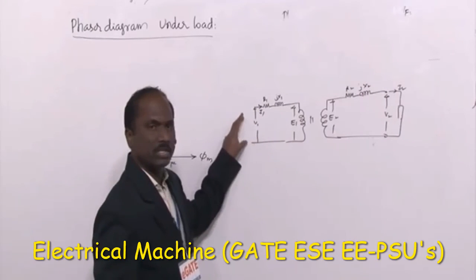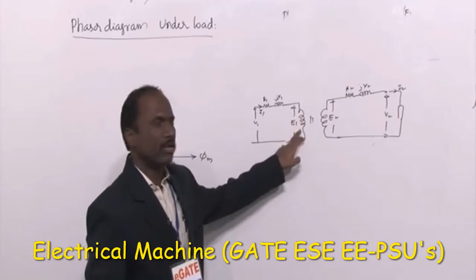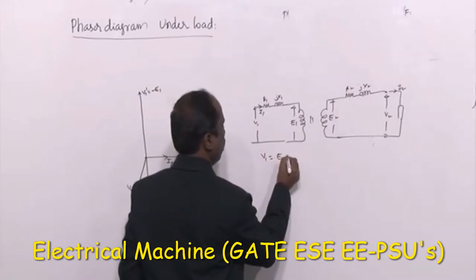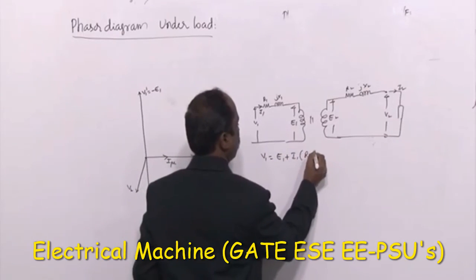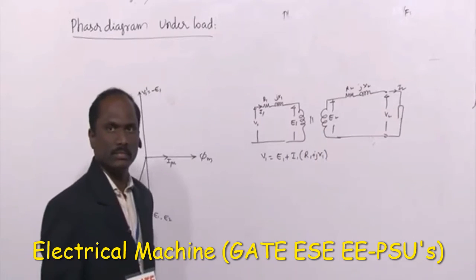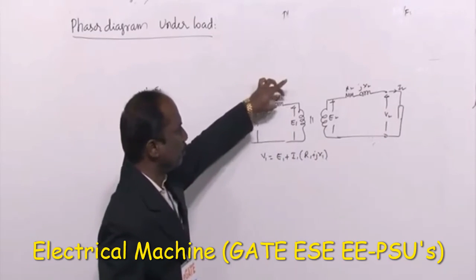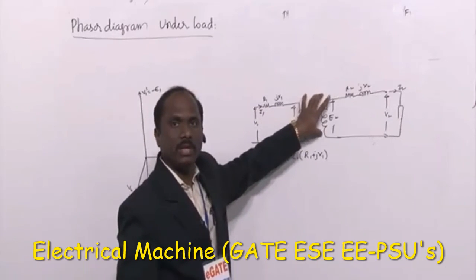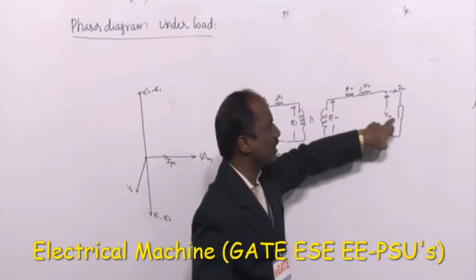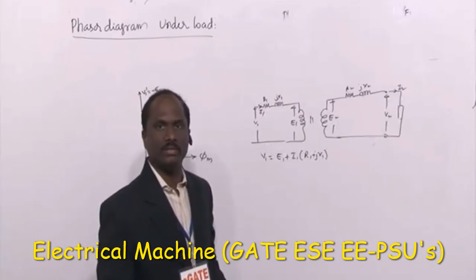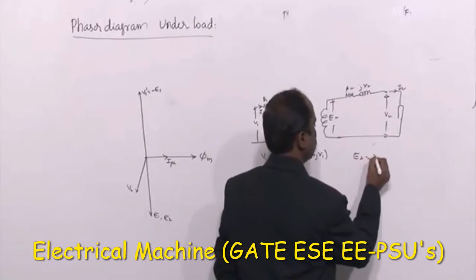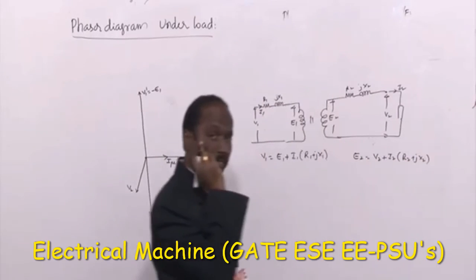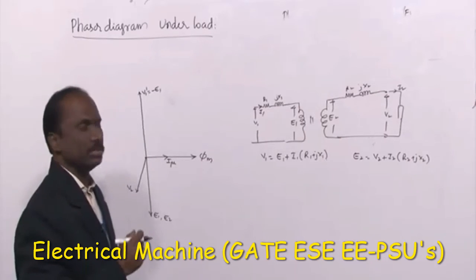So how is E1? V1 is more voltage, and here there is less induced EMF because of the losses. What is the equation here? V1 is equal to E1 plus I1 into R1 plus jX1. That is, E1 plus the drop because of this plus the drop because of this is nothing but V1. Similarly here the induced EMF is E2. Out of the induced EMF there is some drop, and the rest is reflected as the output voltage. So what is the equation here? E2 is nothing but V2 plus I2 into R2 plus jX2. This is the equation on the secondary side.